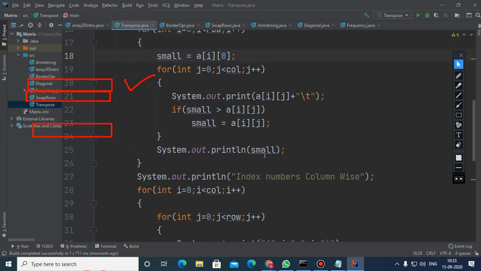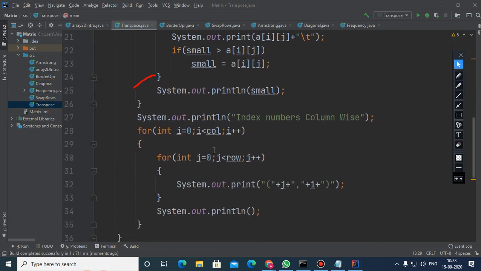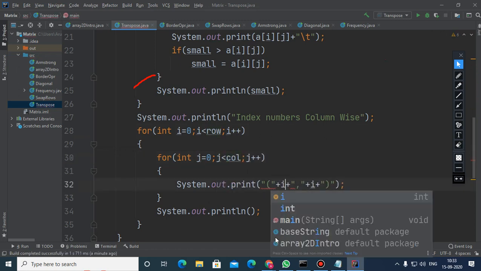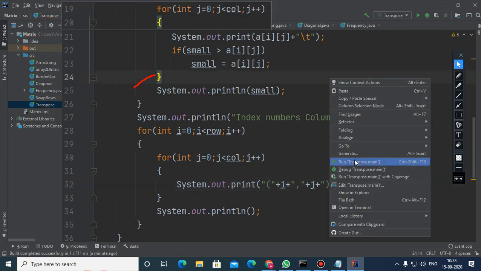So what I have done here, children, see the index numbers: it is row, it is column, it is I, and it is J.